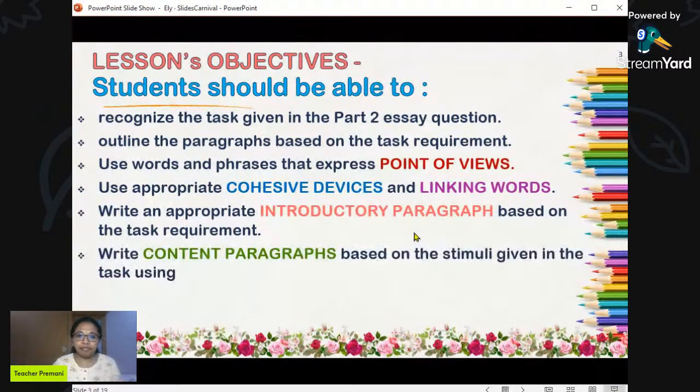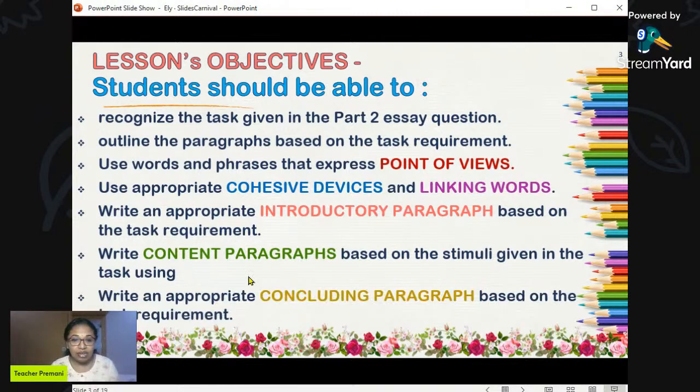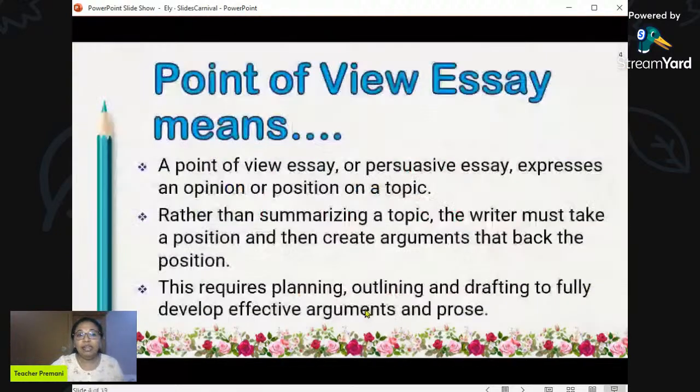Then you're going to write the content paragraphs based on the stimuli given in the task, using your own words, but it should address the task and the stimuli. And then write an appropriate concluding paragraph based on the task requirement. Okay, so let us proceed to the lesson. Before we go further into detail,